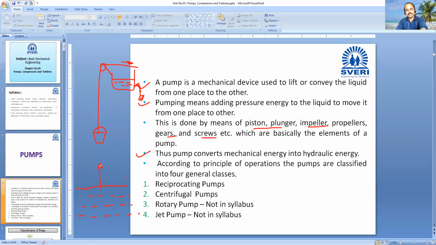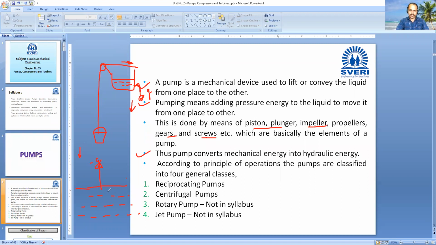This is the very simple pump and compressor. I can explain it very easily, but we have to understand the one concept behind it. Why is it not happening? We have to think on that. Gravitational force. Here we have gravitational force, but in the negative direction. So here we have force in the negative direction, and here it is in the positive direction.